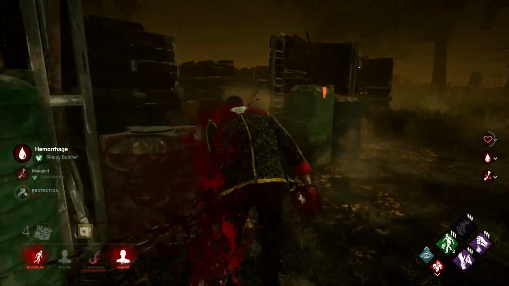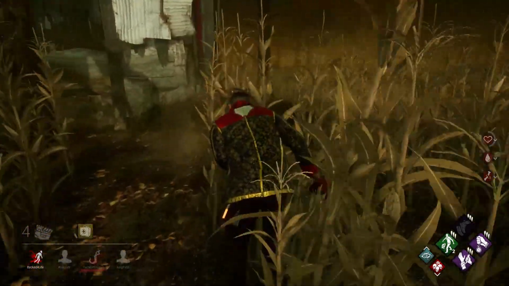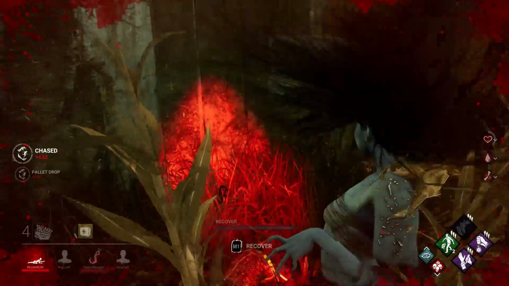Alright, I healed her, and I took a hit from the killer. That's okay, though. We're just going to keep running. Try to lead her away from the Claudette. I'm going to be throwing down pallets because right now I'm just trying to self-care because I want to get as much survival points as possible. But that's not going to happen because I'm going to get...